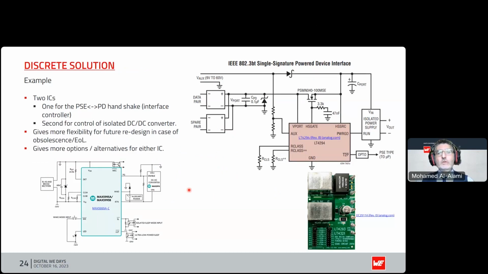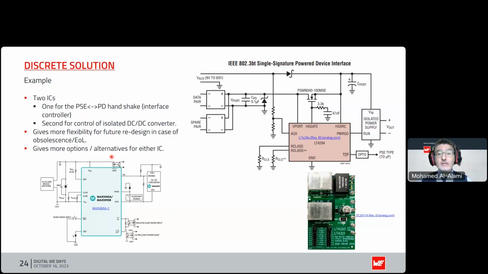And now, how do we actually design a system from a PoE point of view? In my view, or based on my experience so far, and I don't necessarily come from a PoE design background, I've designed in aerospace, power supplies, EMC, and so on, but not necessarily PoE. It's something that I've acquired as knowledge throughout the years, basically working with Würth. And one of the solutions that we see on the market from a PoE system point of view is what I call the discrete solution. In this situation, you have two ICs, one dedicated for the handshake, like the one that we're showing here, and the second dedicated for regulating the power of the DC-DC flyback forward I mentioned earlier.